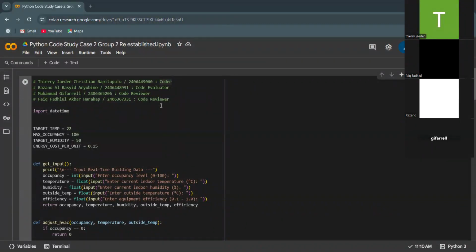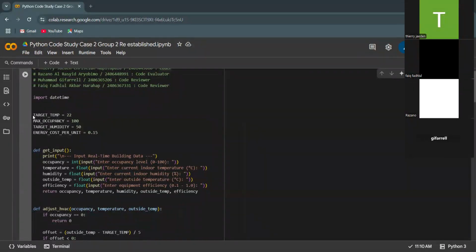For import datetime, we use the datetime module to display when the optimization was run. This makes the report feel more complete and trackable. Constants help us manage fixed values that don't change during the program.